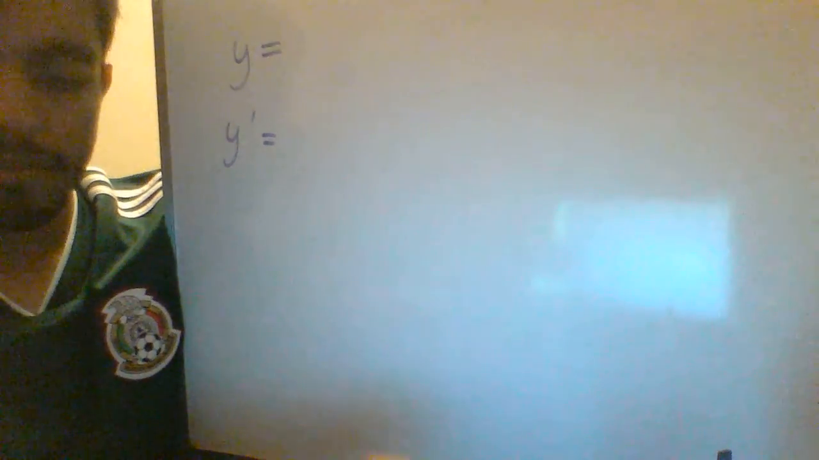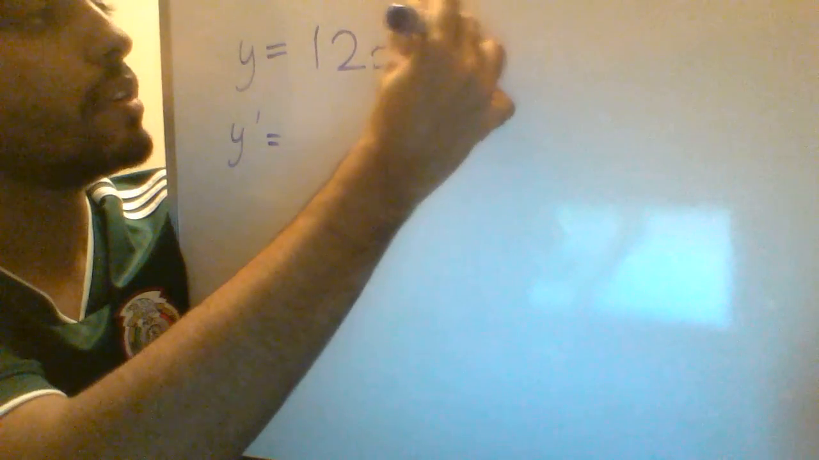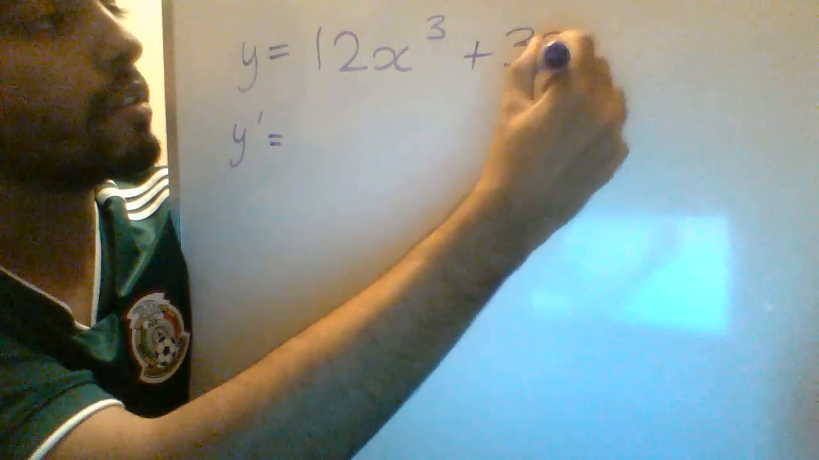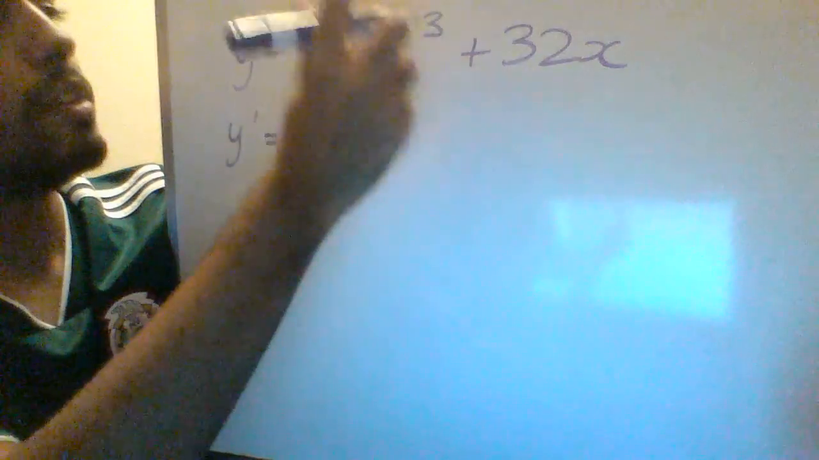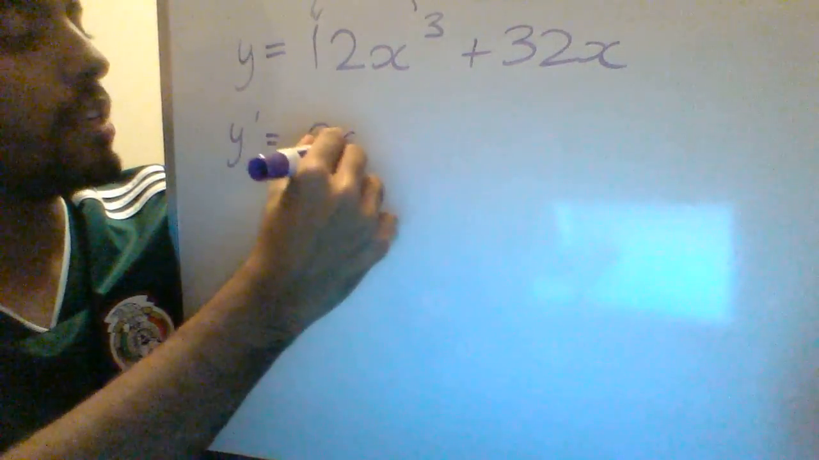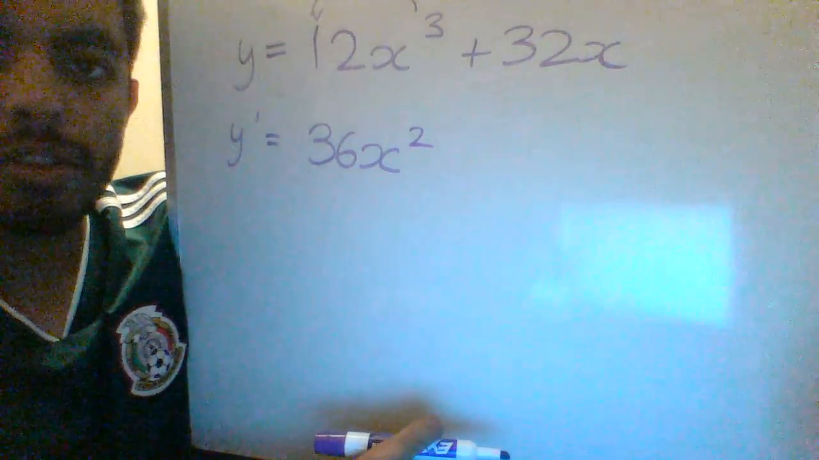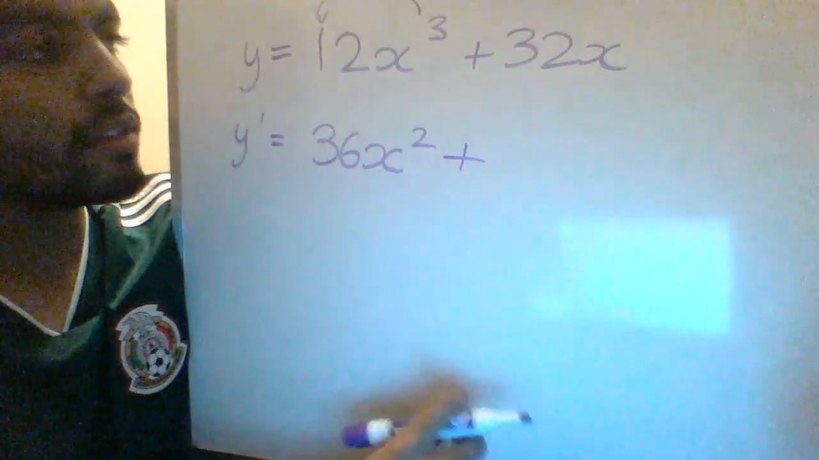All right, stepping it up a little bit. Next one is 12x cubed plus 32x, right? Plus 32x. Yes, all right. So, same thing. You multiply this 3 out front, and you get 3 times 12, which is 36, x, and then you decrease the exponent by 1, so instead of a 3, it's just a 2, and you have 36x squared plus,